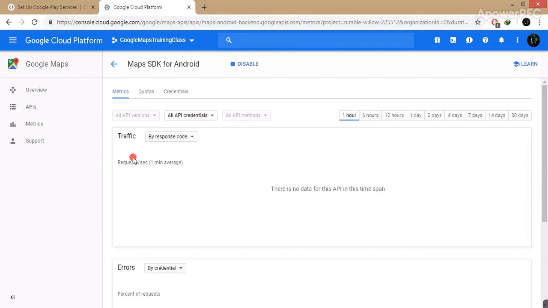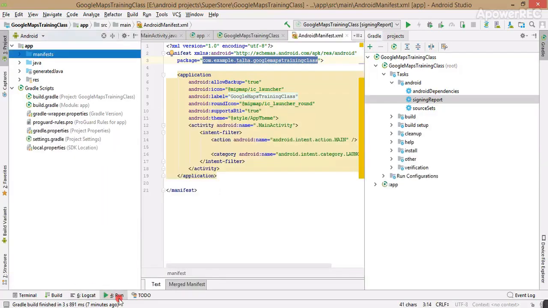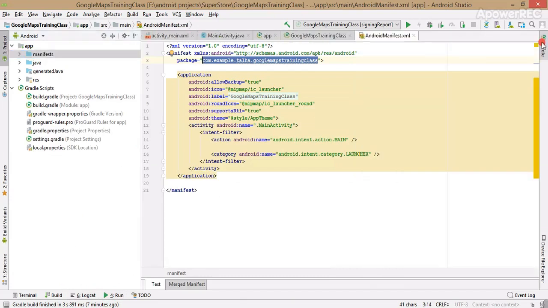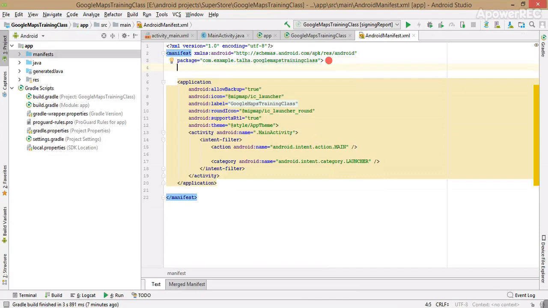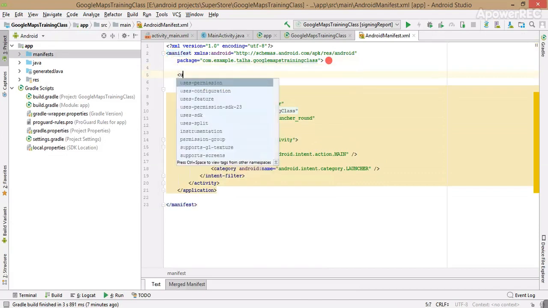Friends, the last step is we need to add some permissions in the manifest file. Just go to Android Studio, close it, and here we are going to add some permissions. First of all, we will add internet permission.